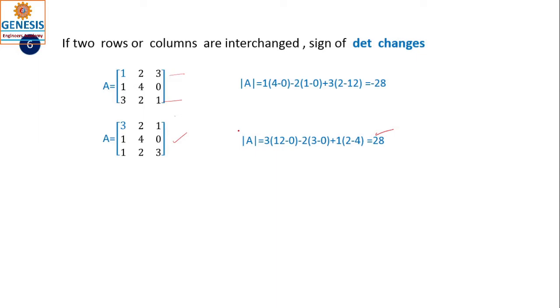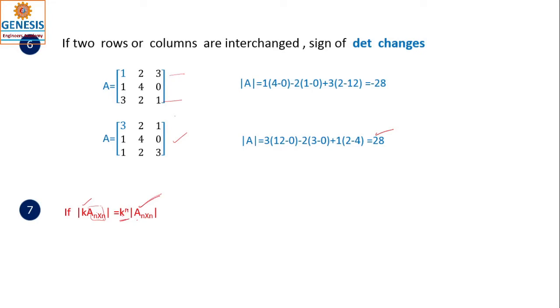So this also helps in reducing the time to get the correct value of the determinant. Next, the seventh one: k is a scalar, a multiple. If A is a square matrix of size or order n by n, then the determinant of kA is k to the power of n, the order of the matrix, times the determinant of A.